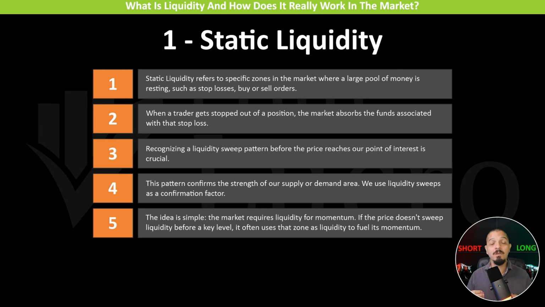This pattern confirms the strength of our supply or demand area. We use liquidity sweeps as a confirmation factor. The idea is simple. The market requires liquidity for momentum. If the price doesn't sweep liquidity before a key level, it often uses that zone as liquidity to fuel its